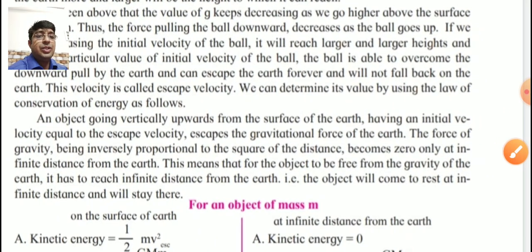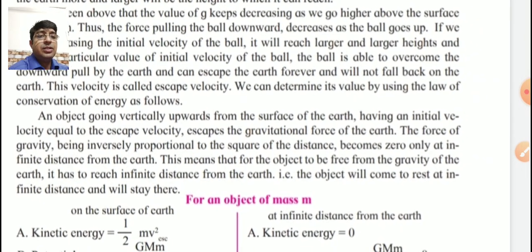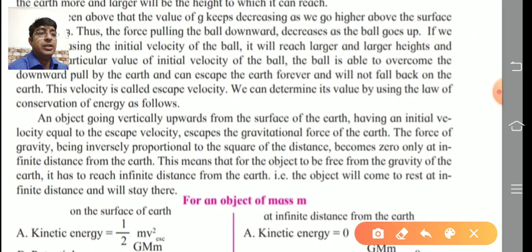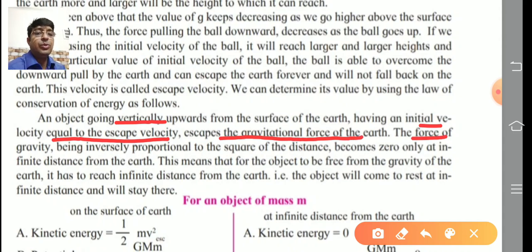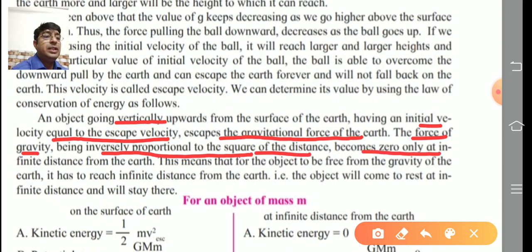After an object going vertically upward from the surface of the earth, having an initial velocity equal to the escape velocity, escapes the gravitational force of the earth. The force of gravity, being inversely proportional to the square of the distance, becomes zero only at infinite distance from